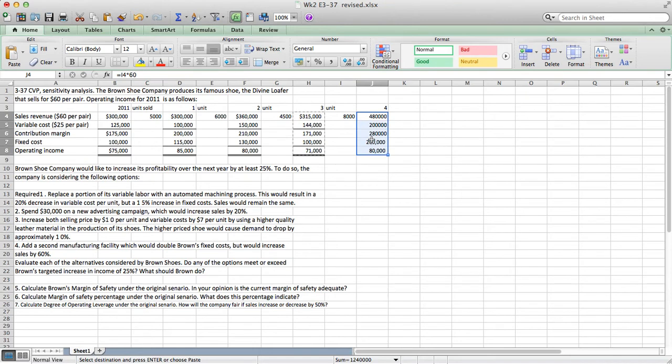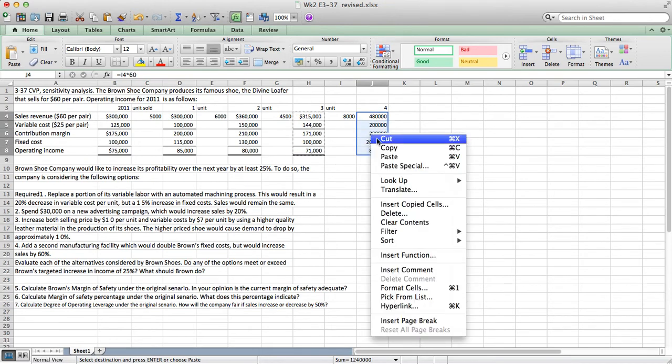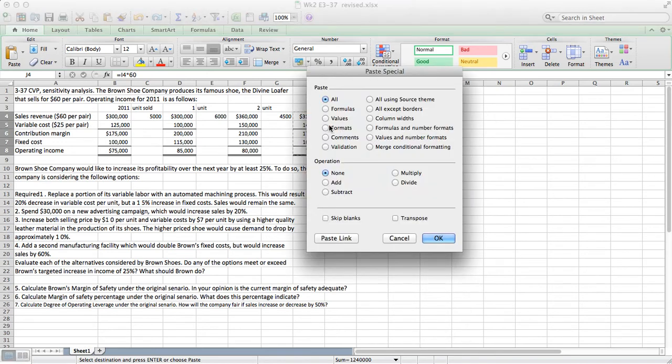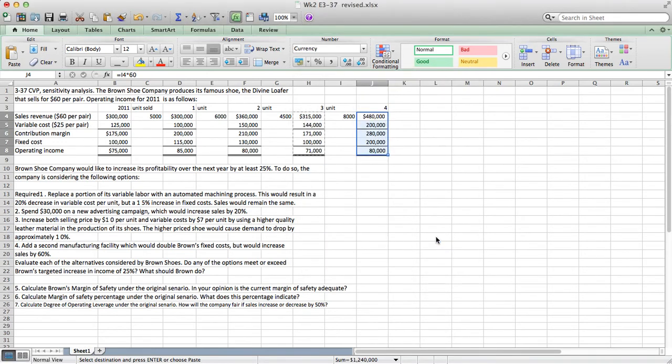Let me just change up these formats so that they actually look somewhat consistent. And then we can handle that right there. So we've taken care of calculating the what-if scenarios based on these 4 different parameters. And we're going to leave it at that. So the increase in operating